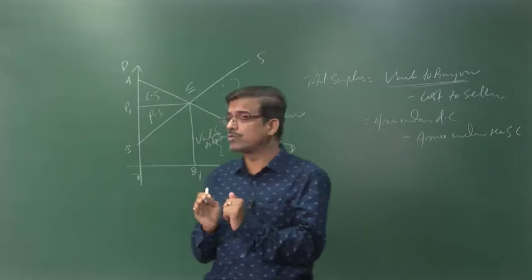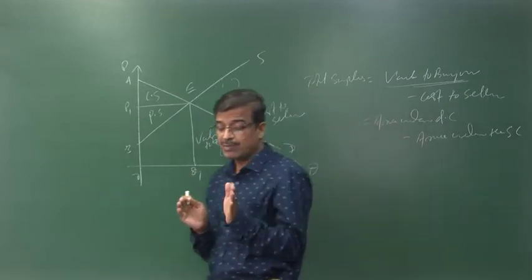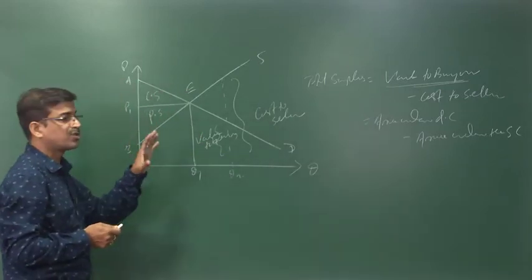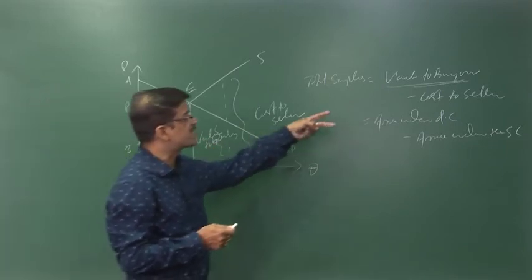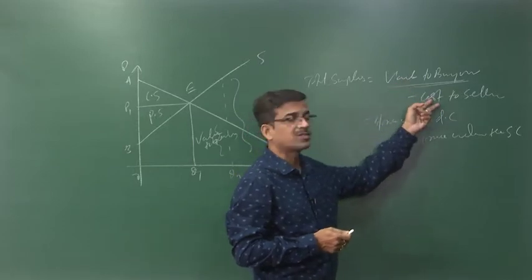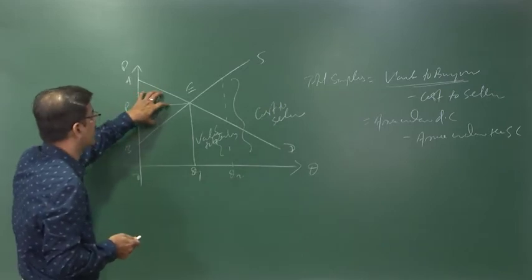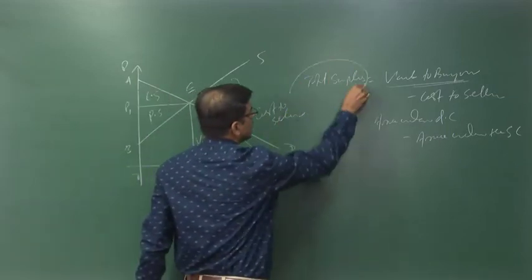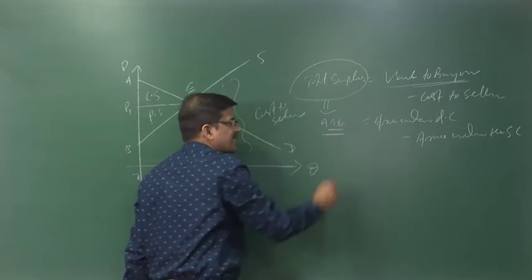If it is not so, then a disequilibrium takes place. So the economy is not at a perfect equilibrium point. At the market equilibrium, the total surplus is at its maximum, and it is so because there is no difference between these two. If you deduct the cost to the sellers from the value to the buyers, we find this is the total surplus part, this area A, B and E. This total surplus is nothing but the area A, B and E, and that is the maximum one.